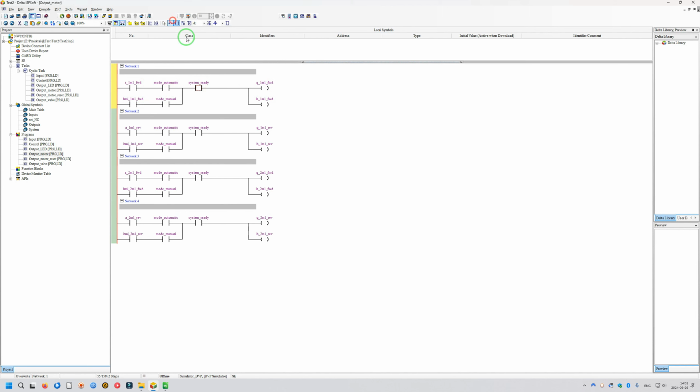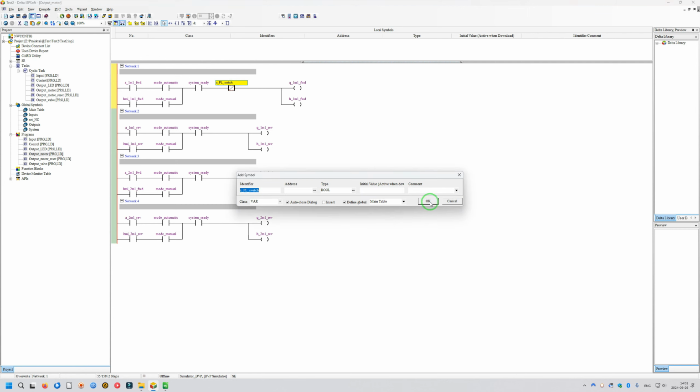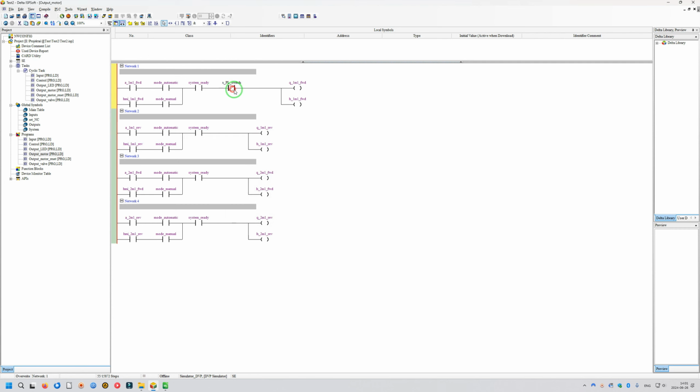We can also add here, for example, if we have some input, I will not but describe it. We are going forward, for example, we can add here positive limit switch. So this motor will be running only when we have system ready bit and positive limit switch is not reached,